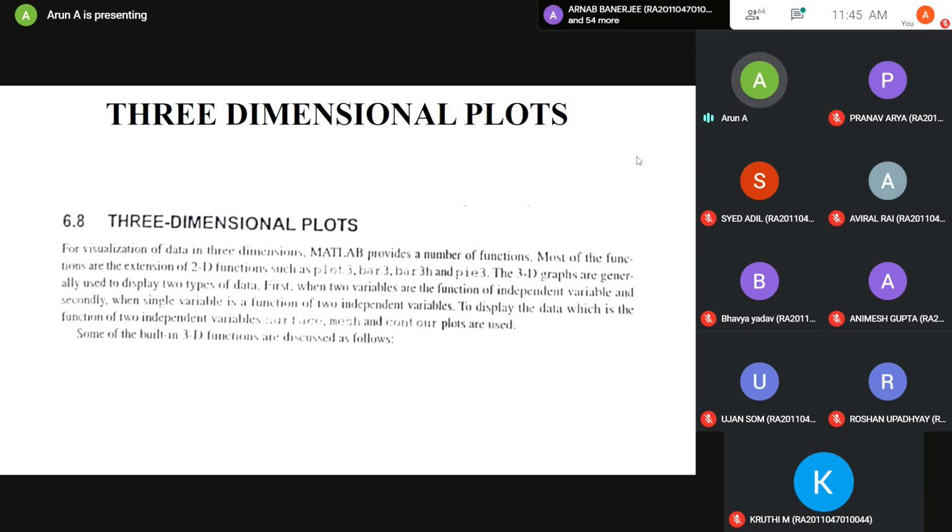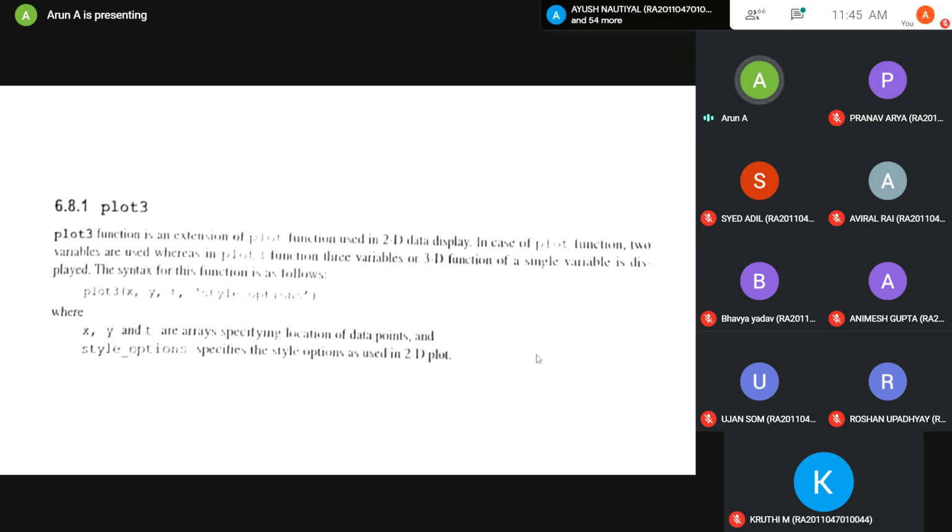We are going to see what those three-dimensional plots are. There are certain things similar to two-dimensional. The same things can be implemented in three-dimensional also. The first is plot3. Plot is already a command, we know that, but it has to work for 3D, isn't it? So the necessary change you have to make is just include a 3. The command is plot3. plot3(x, y, z, style options).